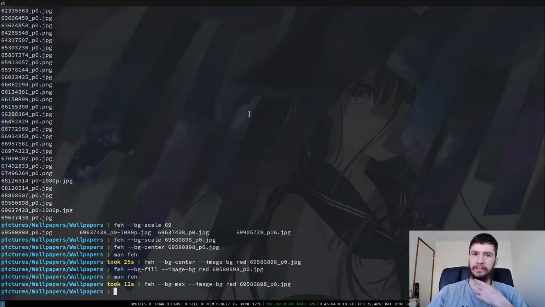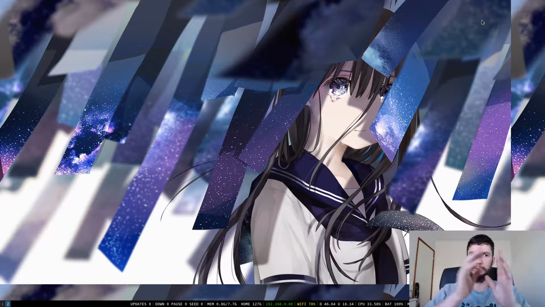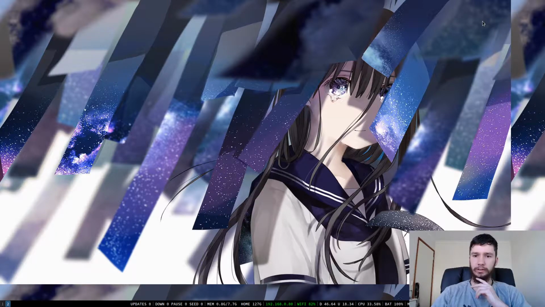You can check out the exact details in the man page. I always run it with scale, so I'm not 100% sure on the details of the other ones. And the last option was tile. As you can see, if I had a smaller image, it would tile across the screen. But if you were using a pattern or something, you could, I guess, make a fairly cool looking wallpaper. But for something like this,